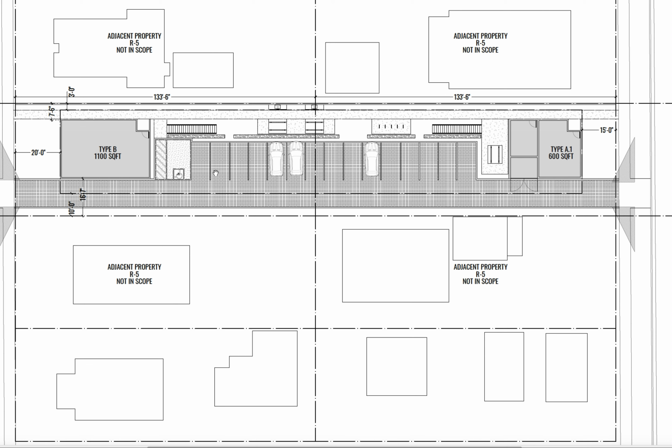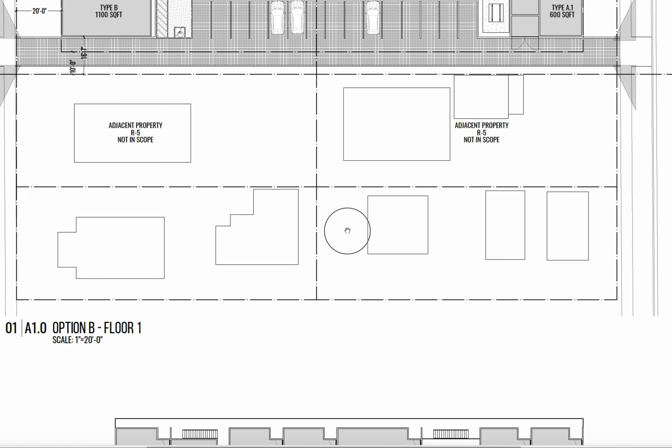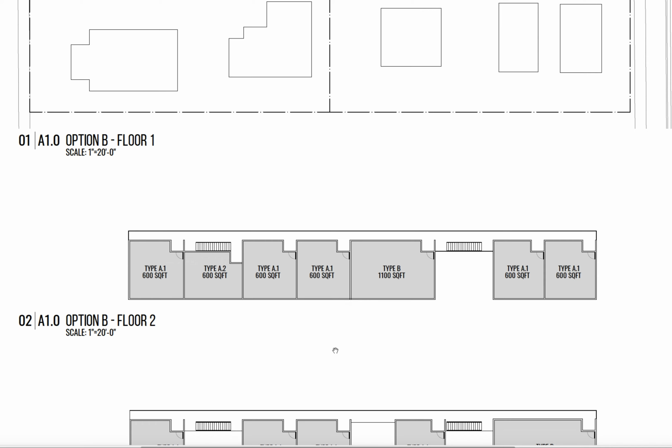And then what we're doing for our amenity space, that again needs to be on the ground floor, we're using this bar just located to the north of the cars as an area for private outdoor space. We're showing some barbecues that are tucked in here. This is a 4-foot wide walkway, bike racks, and then we have another sort of private outdoor space located right here. And I'm going to pan us down a little bit further to look at what's happening on floor 2 and